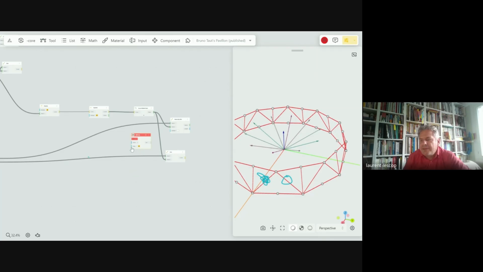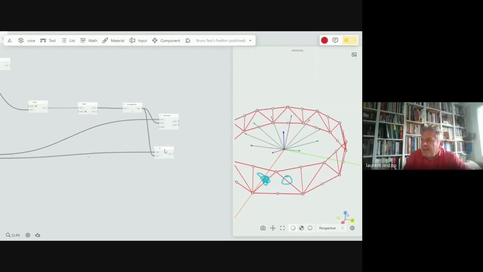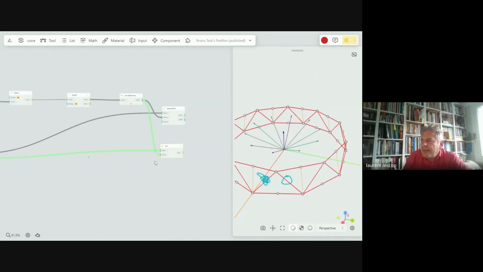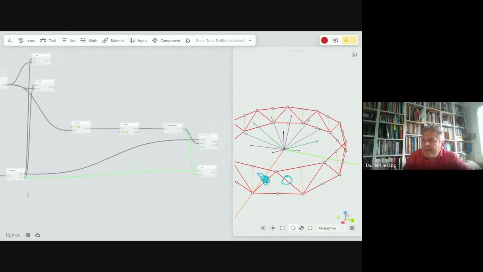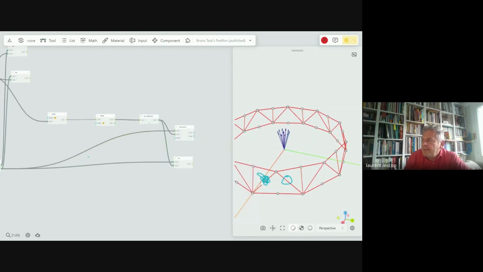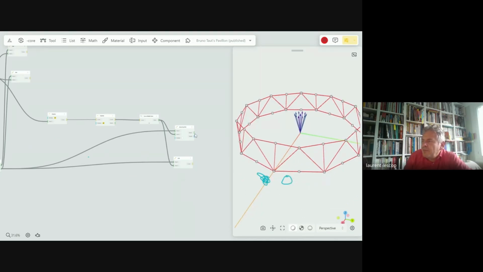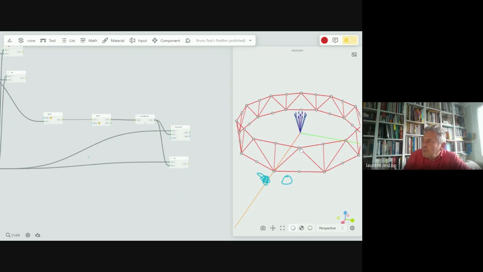So I don't need to shift. Okay, so I know that by taking this point, connecting here and there, I've got the right vectors to move this point. So I will move now that point up following this vector.